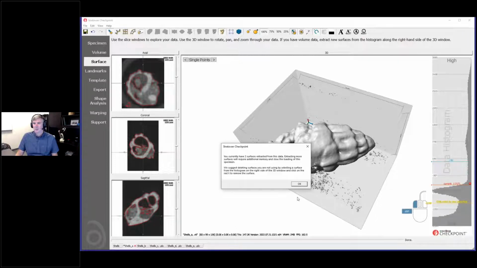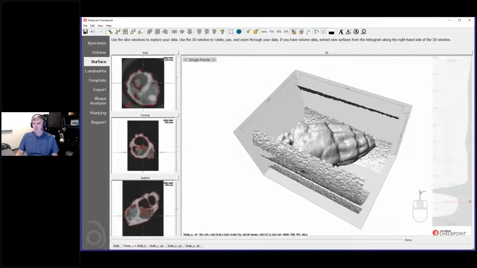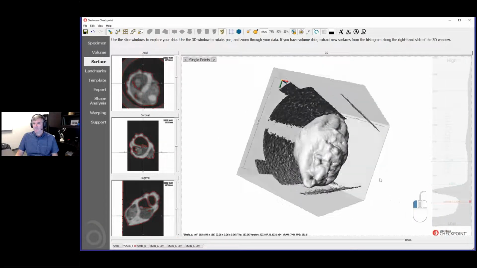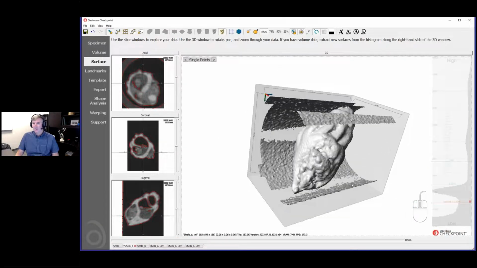If we go down here, this is telling me that I have a bunch of surfaces extracted over here. The reason that little message pops up is because if you have multiple surfaces stored in here, the checkpoint file remembers that you have, in this case, 3 surfaces stored. And so when you close down Checkpoint and load it up again, it will then go and re-extract all 3